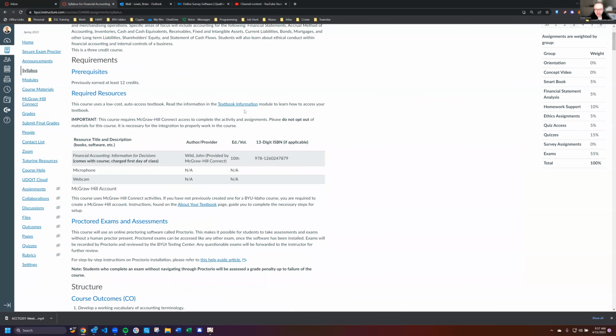Textbook is going to be provided. You'll be able to get to it through the McGraw-Hill connection. This will be very important. Almost all the course content is provided through this textbook resource. So workbook exercises, videos, practice workbook, practice assignments, those are all contained in here.